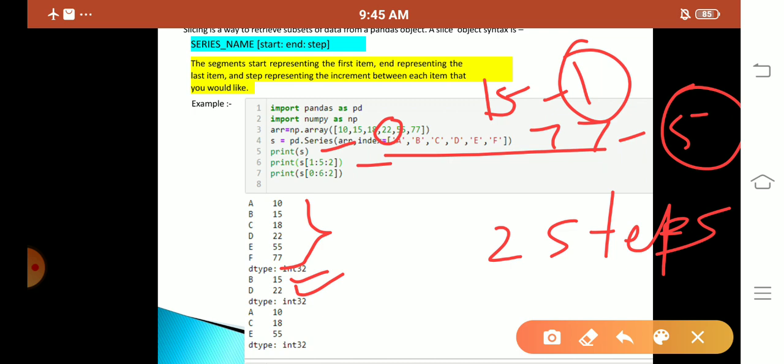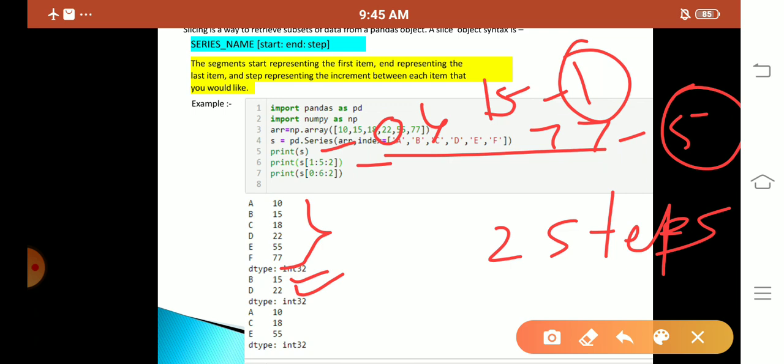So up to the fifth we have to choose, so the fifth index it won't choose. The 77 it won't choose, though after 2 steps 77 comes, because from index 1 it will start and up to 5 it will stop. So the fifth element we don't need to take, though it comes in the step.